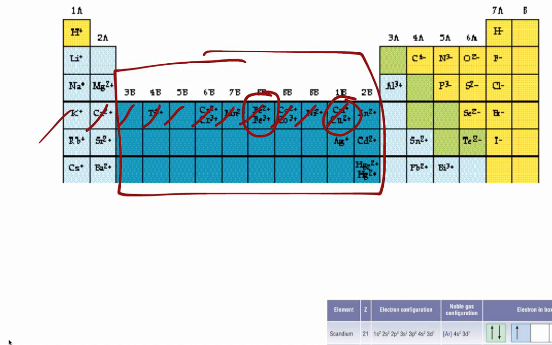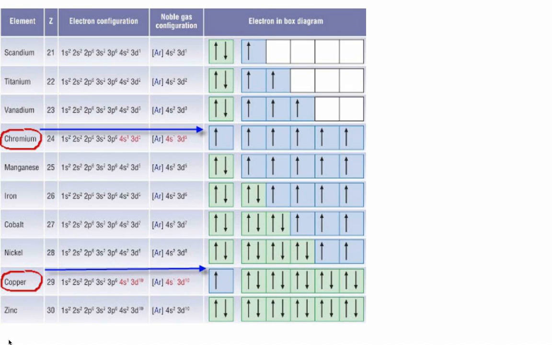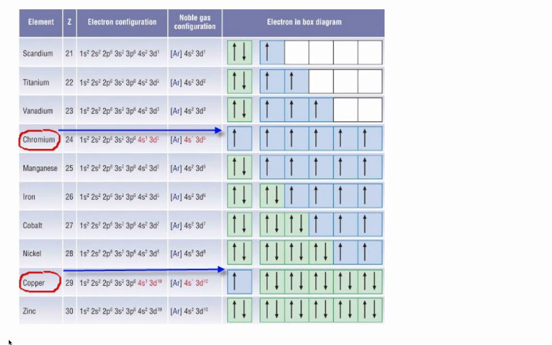So what we might want to look at is what electrons they are losing when they're forming these ions, and why. When we look at metals and try to predict what their charge or oxidation number is going to be, they have to lose their outside electrons just like anything else. The only difference is they have this d shell. So which electrons they lose and how many is a little bit different than our main group elements, where we can easily predict 1, 2, 3, 4, 5, 6, 7. We know how many valence electrons they have. They're trying to get to an octet. Transition metals are a little different.